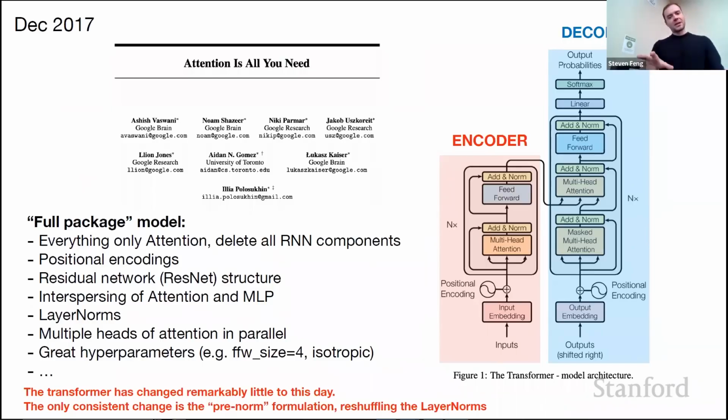What's remarkable about this paper is that usually you see papers that are very incremental. They add one thing and show that it's better. But I feel like "Attention Is All You Need" was a mix of multiple things at the same time. They were combined in a very unique way, and also achieved a very good local minimum in the architecture space. So to me, this is really a landmark paper that is quite remarkable, and I think had quite a lot of work behind the scenes. So delete all the RNN, just keep attention. Because attention operates over sets, and I'm going to go into this in a second, you now need to positionally encode your inputs, because attention doesn't have the notion of space by itself.